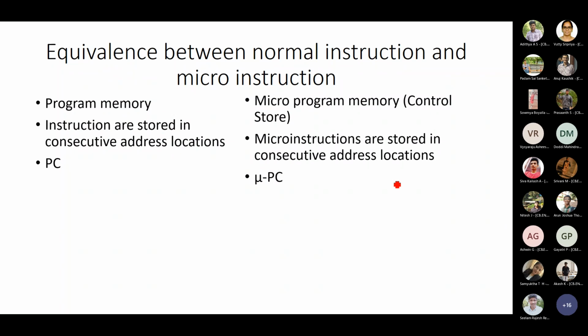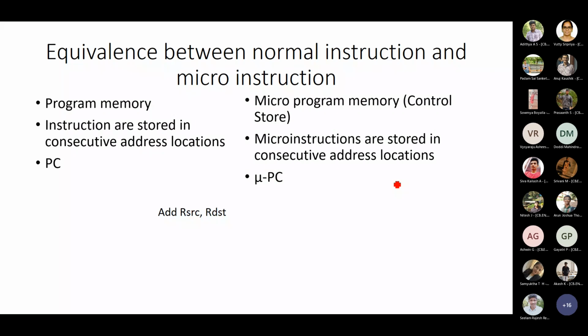Okay, I hope so far you can draw the similarity between how you're running a big program and how you're running a micro program. The micro program's intention is to generate the control signals in a predefined manner. So it's like a choreographed dance. Each signal has to be activated at a particular clock cycle, and this micro program will help you do that, with the help of control words.